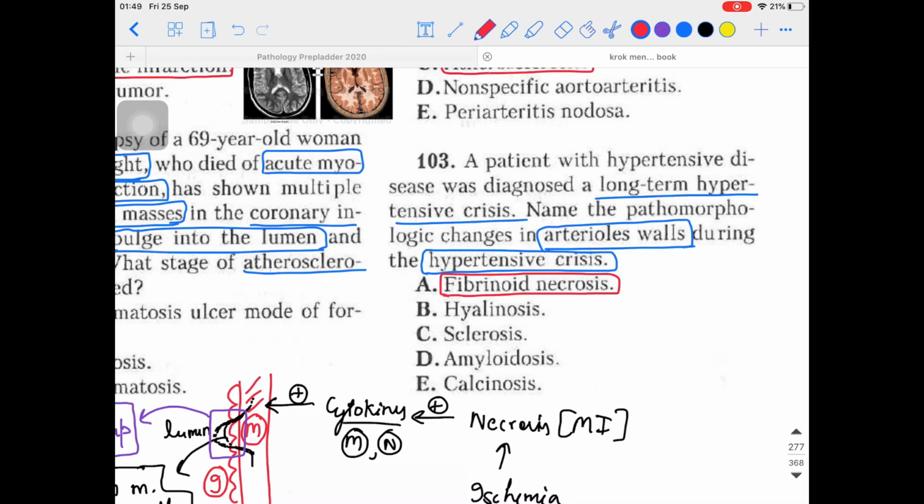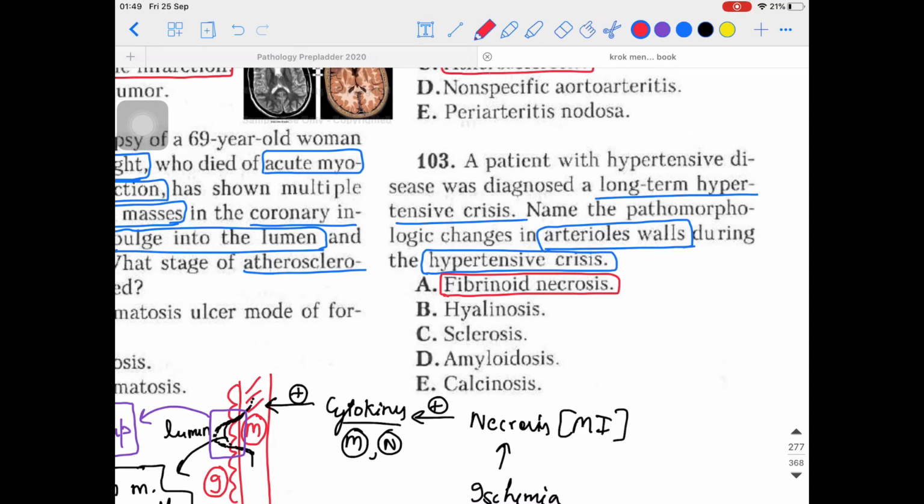Okay, so if I'm talking about antigen antibody complex, you know very well from the general pathology concept of the immune process that if I'm talking about immune complex formation, I'm talking about which kind of hypersensitivity? Yes, that is the type 3 hypersensitivity reaction. So if they ask you fibrinoid necrosis is related to which kind of hypersensitivity, your answer will be the type 3 hypersensitivity reaction. Other examples, SLE for example, can be the classical example of type 3 hypersensitivity as well.